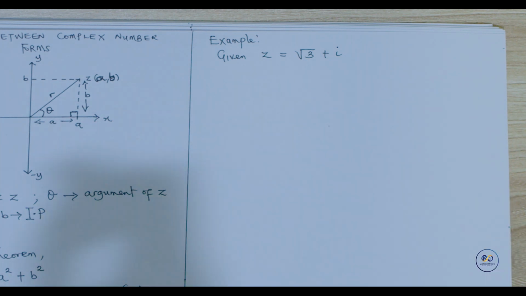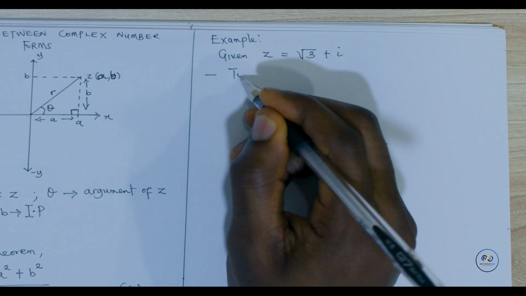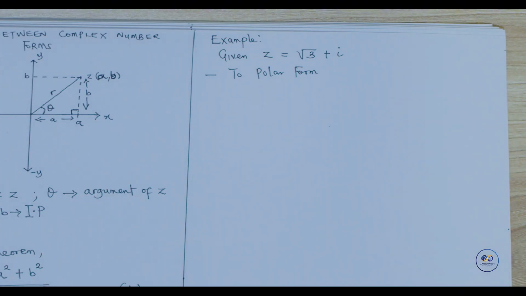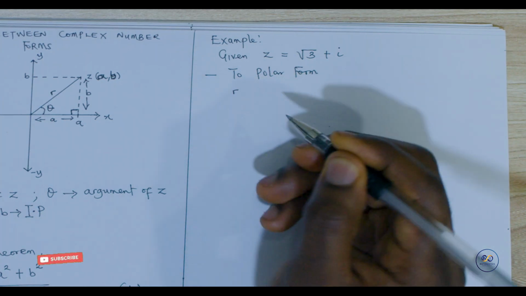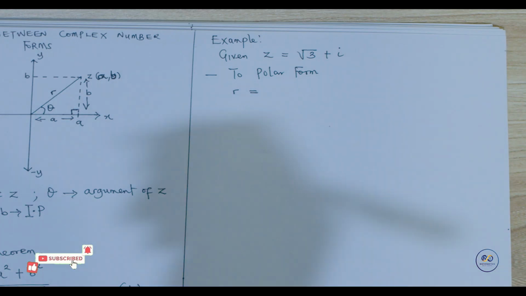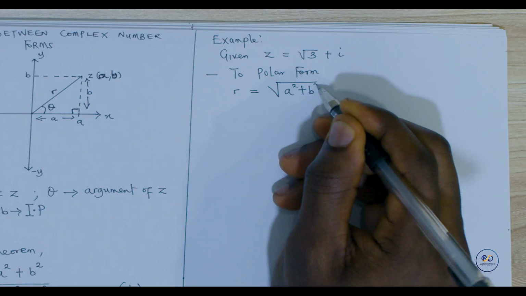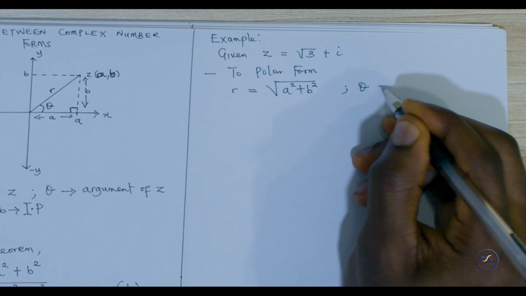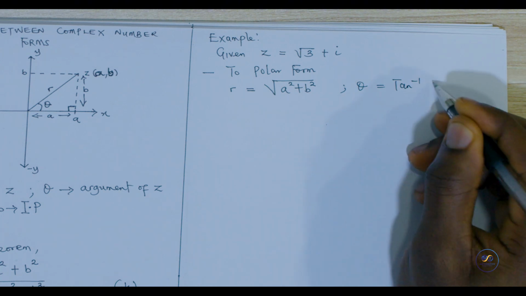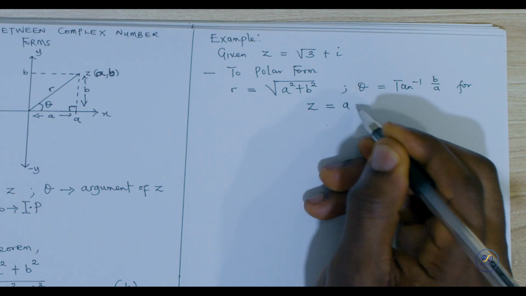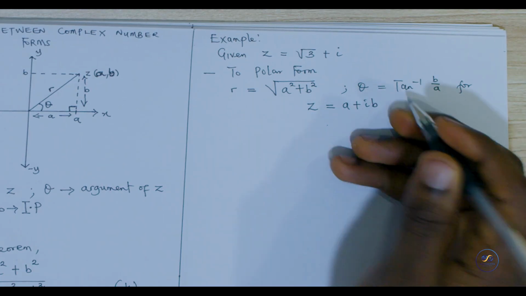Now in this case, let us first convert to polar form, and then after that we will convert to exponential form. So to polar form or to exponential form, remember the most important thing we need first is the modulus as well as the argument. Now don't forget that the modulus is the square root of a squared plus b squared, and then the argument is the tan inverse of b over a for a complex number in the form a plus ib,